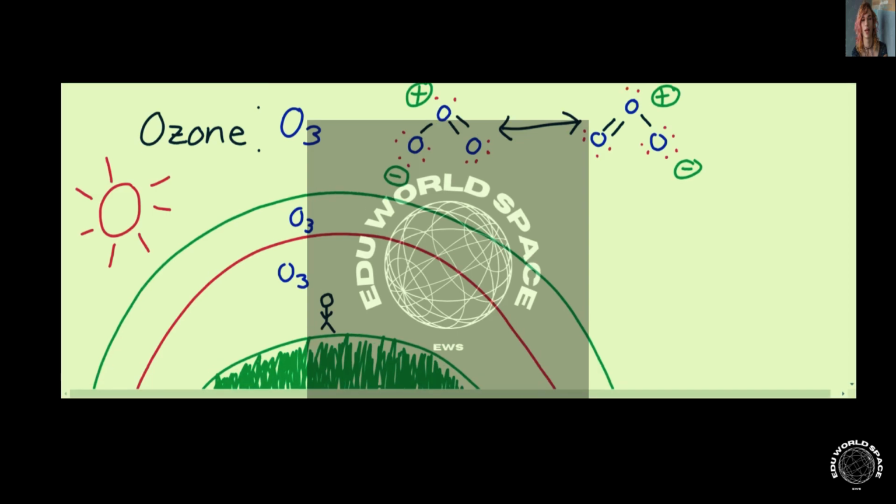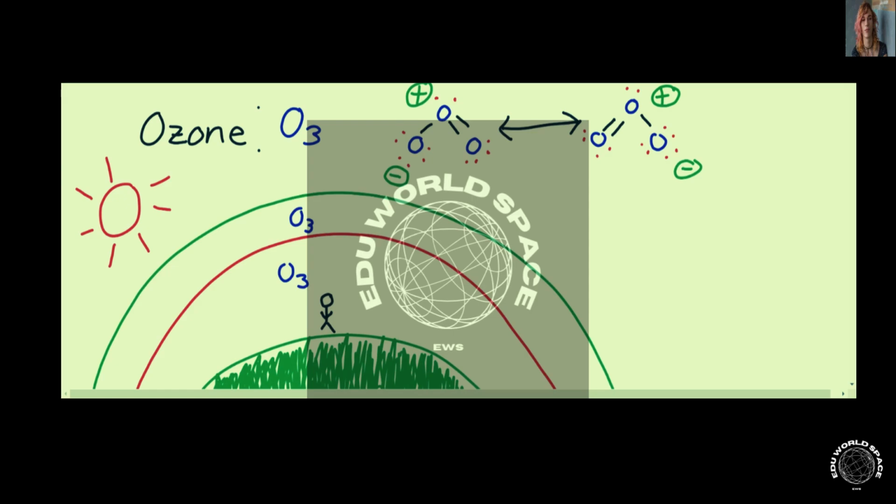So this is a great topic to understand. Ozone, while the chemical properties don't change necessarily, it's still ozone. The presence in the upper atmosphere or the lower atmosphere makes a huge difference on its effect and whether we consider it good or bad. So first, let's take a look at ozone.